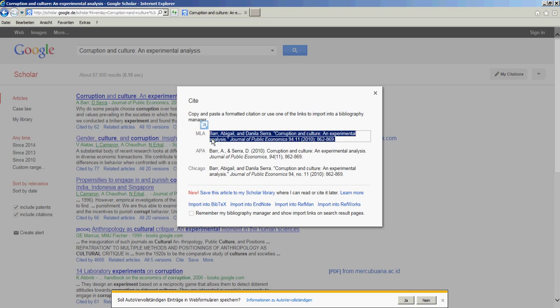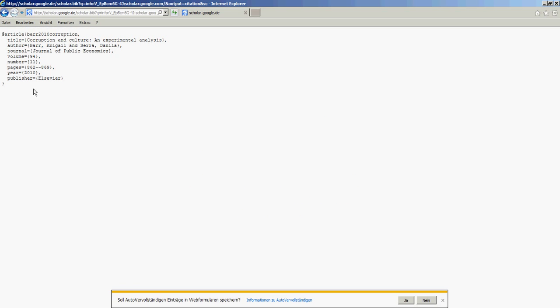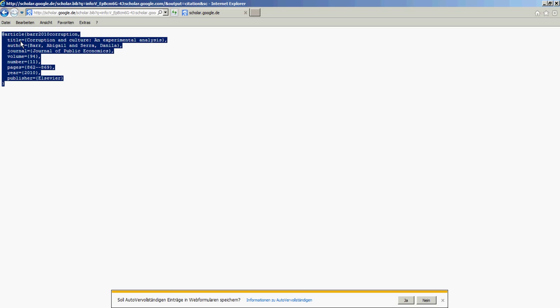But you can import the information Google has, for example with different styles. I always use BibTeX. So just click on this, import into BibTeX. Then you have some kind of text. You can either save this as a text document, meaning you copy it and put it into a text document,